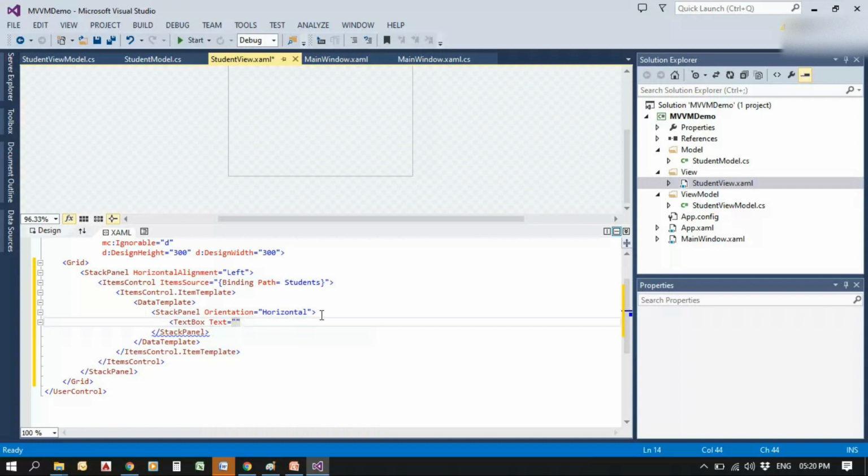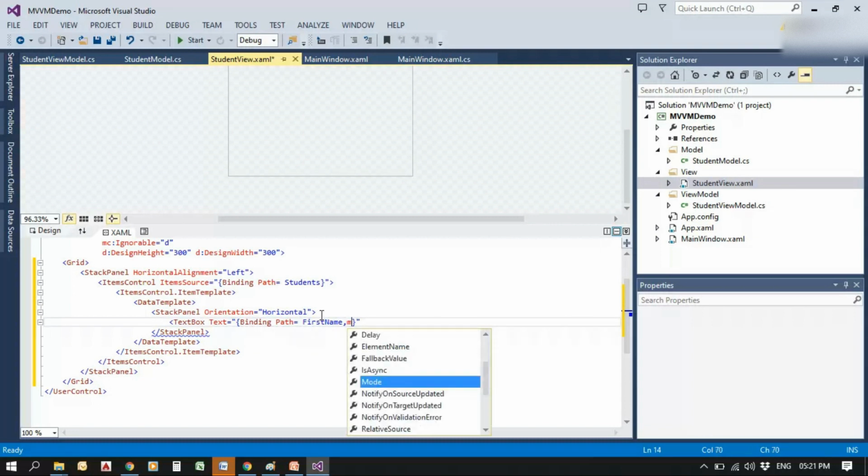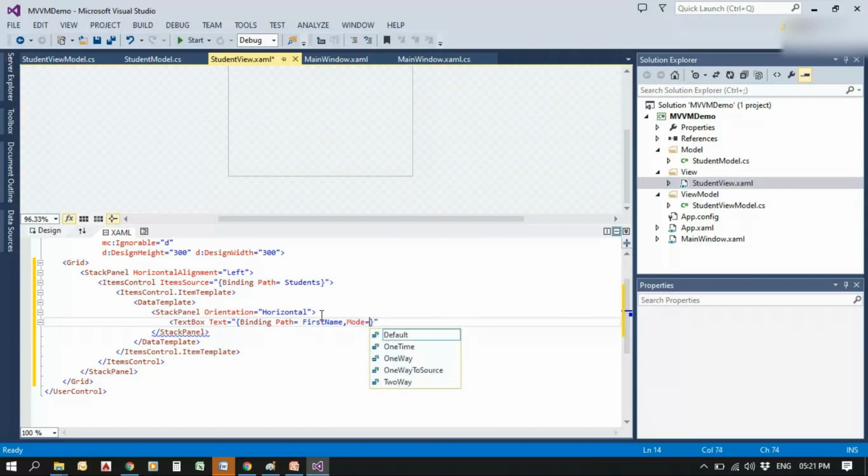We need 2 text boxes and 1 text block. The text boxes are for first name and last name, and the text block is for full name.